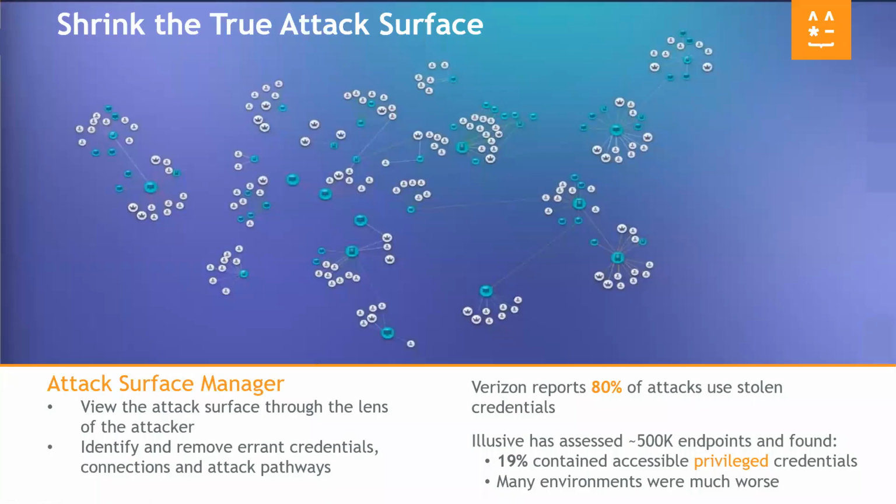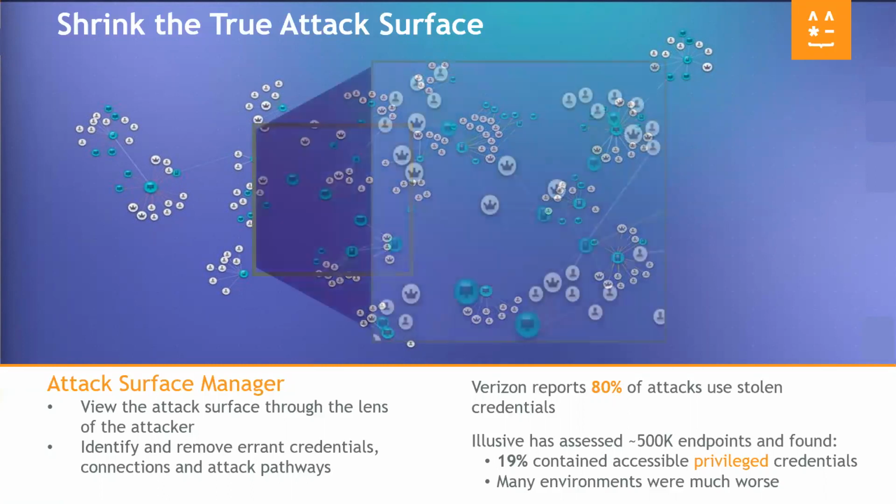So, as Mike mentioned, we're talking first and foremost about preempt. Go out and identify within the environment, by introspecting the different endpoints, where there are credentials and connections that would lead to attack pathways to be able to move sideways within the environment, such that an attacker can leverage that to get to the crown jewels or high value assets.